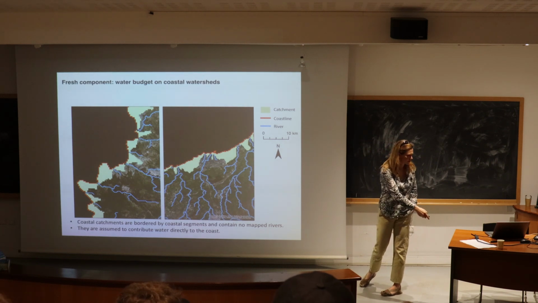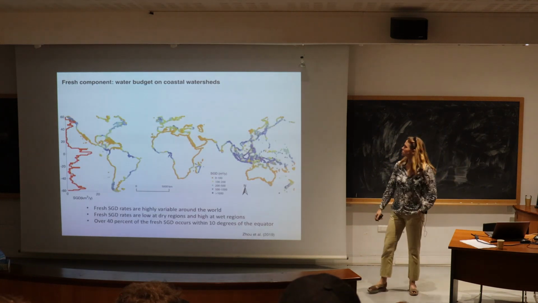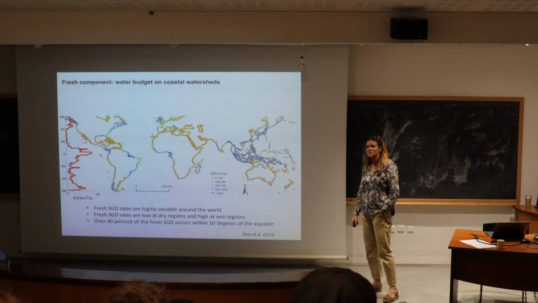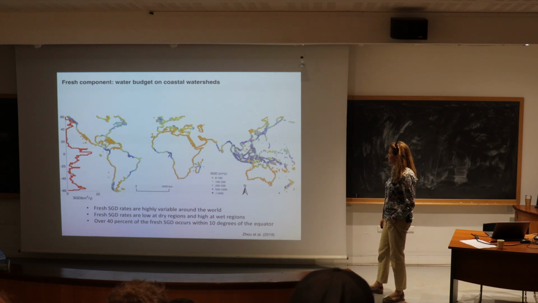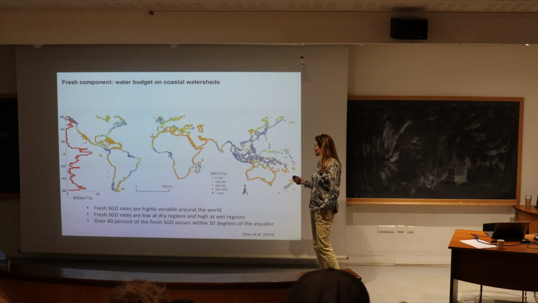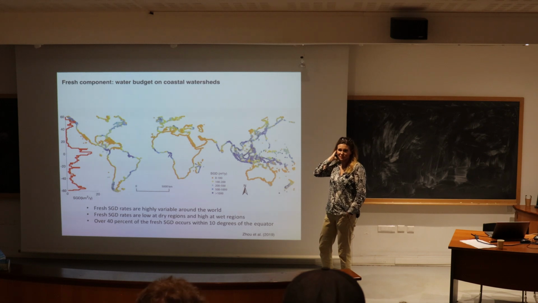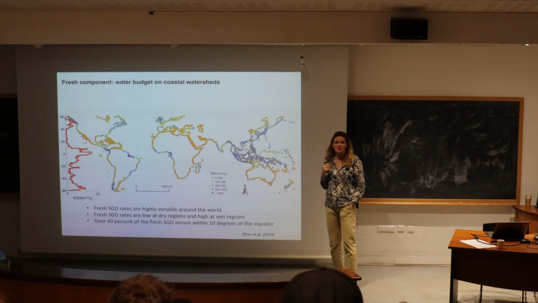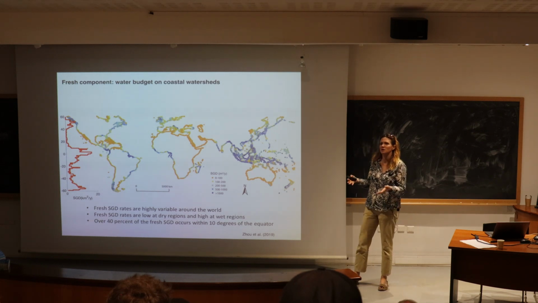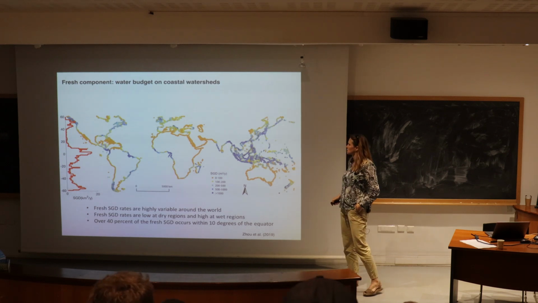And if we do that over global scales, we get a distribution that looks a little bit like this, where fresh rates of submarine groundwater discharge are highly variable around the world. No surprise, the dry regions have less discharge, the wet regions have more. One thing that's interesting that I'm not showing you is we actually also see differences across tectonic settings because of the way that catchments, the topology of catchments in steep terrains versus more gradual terrains, and the way that funnels fresh groundwater to the coast.